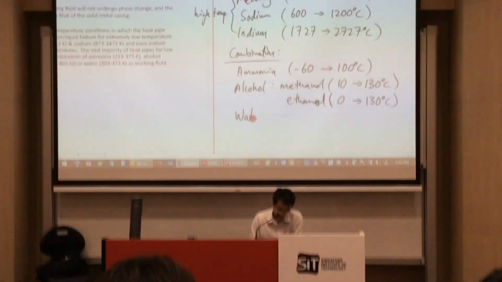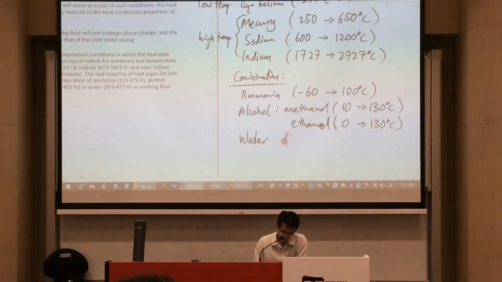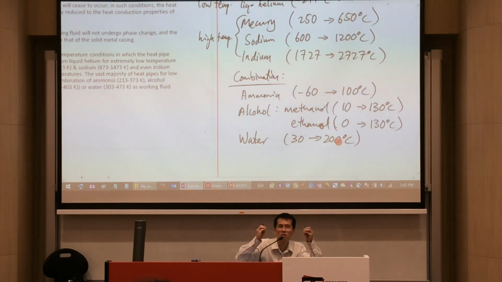Now, comparatively for water, 30 to 200 degrees Celsius, depending on the pressure that you're dealing with in the heat pipe. In order for water to be effective, the pressure that you have inside will need to be lower, because if the pressure is low,